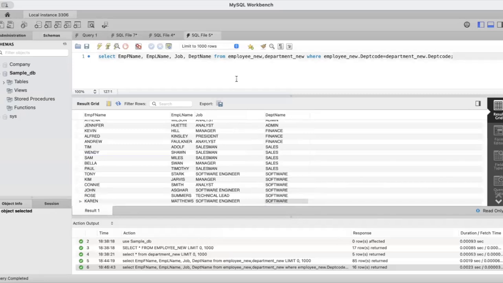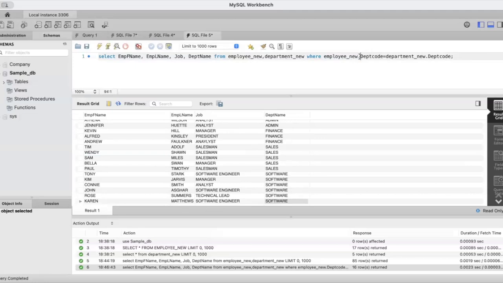So in this manner, we can select data from multiple tables. All we have to do is specify the joining condition such that only the related tuples will be combined together. So this is a multi-table query. Now, continuing with this, as you can see, because of this ambiguity that the two tables that we want to join have the same attribute name,